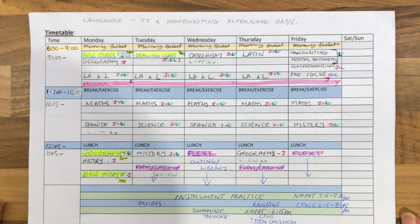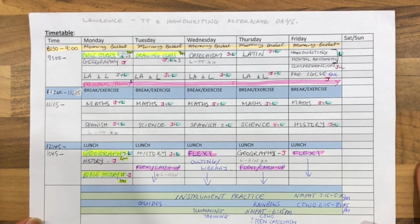So we have morning basket time. We introduced this at the end of last academic year, and we have our little basket in the corner of the room, and we have various books in there, and at the minute we are reading The Hobbit, and the kids are loving that, and that's what they want to do every morning. It was a really nice way to start the day. Normally we're finishing off our breakfast, having a cup of tea while it's happening,